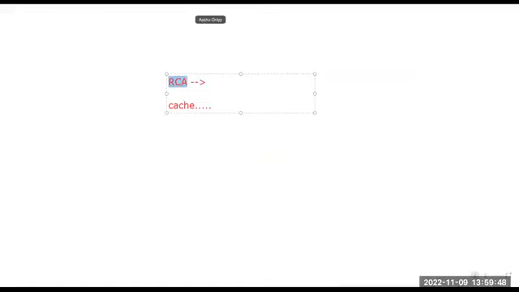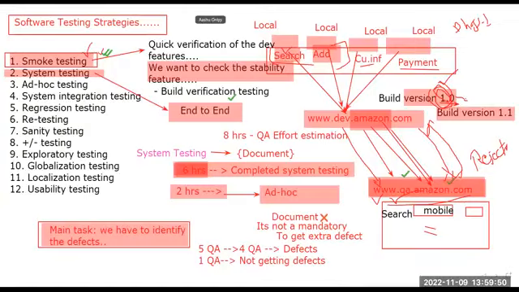Or it may be because of some internet issue, or some other problem. So we can do the RCA, root cause analysis, of that defect. Getting it, guys? Okay. So that's how, as a QA, we need to identify the